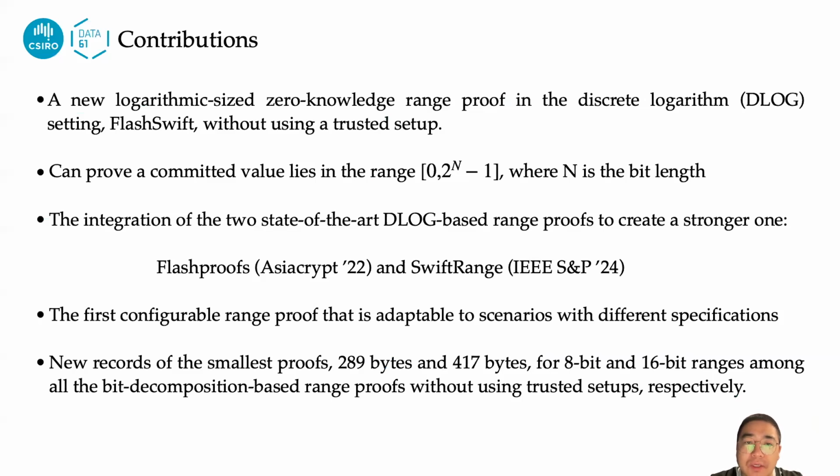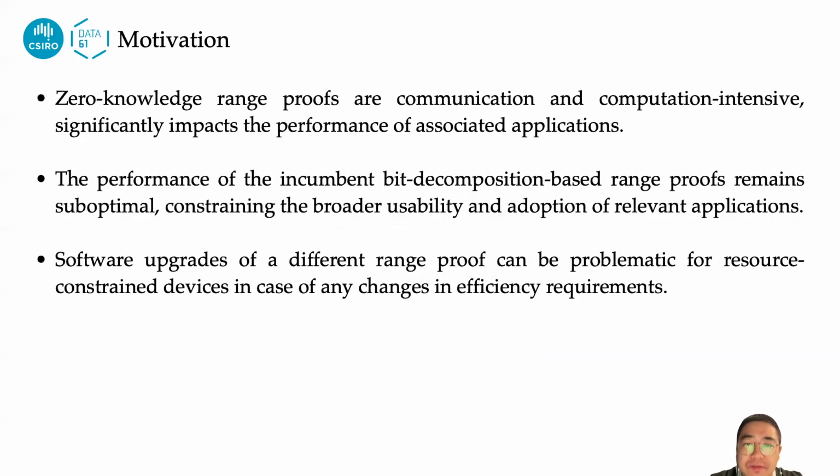At the time of writing, it also creates two new records of the smallest range proofs, 289 bytes and 417 bytes for 8-bit and 16-bit ranges, respectively, among all the bit decomposition-based ones without requiring trusted setups. It is well known that zero-knowledge range proofs involve large amounts of communication and computational costs, which significantly impacts the performance of associated applications. The performance of the incumbent bit decomposition-based zero-knowledge range proofs remains suboptimal, constraining the broader usability